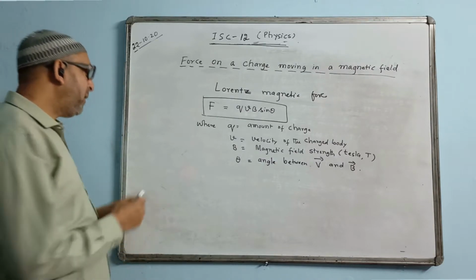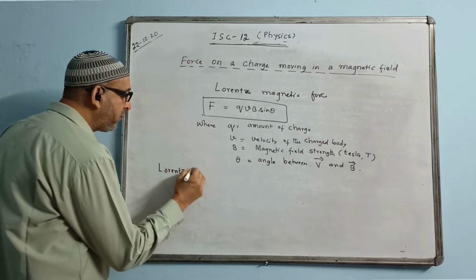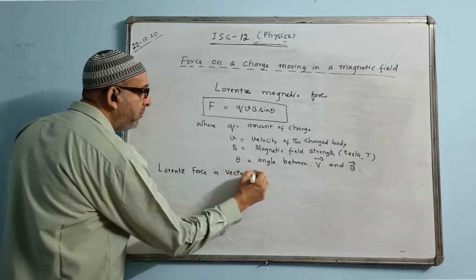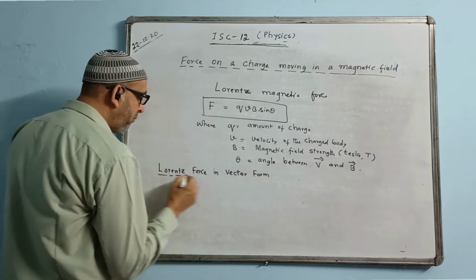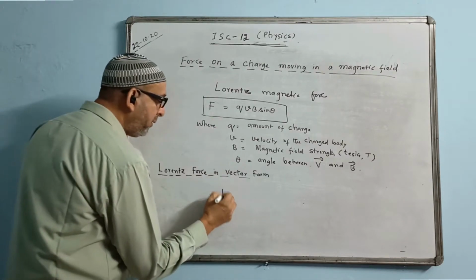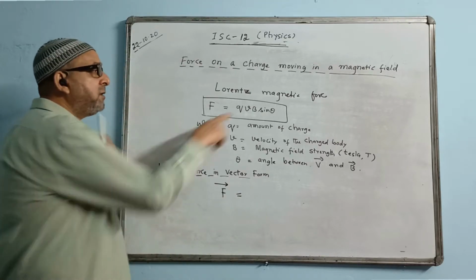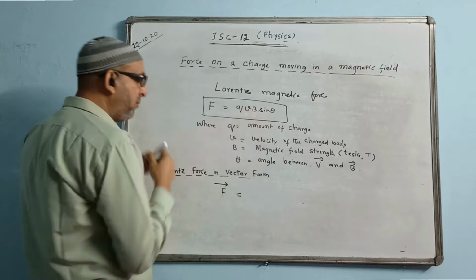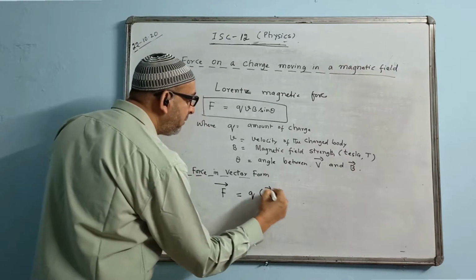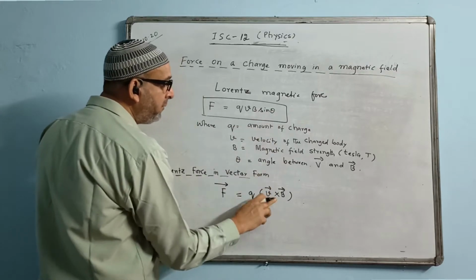Okay. Very often they ask this one, write down below, Lorentz force in vector form. How to write this in vector form? They will ask you, write Lorentz force in vector form. So for that we will be writing like this. F is a vector quantity, we know force is vector. Charge is not vector, but velocity and magnetic field are vector. So we will be writing Q bracket, and sin theta will be adjusted when we write cross product between them. Cos theta will be with the dot product, sin theta will be with the cross product.